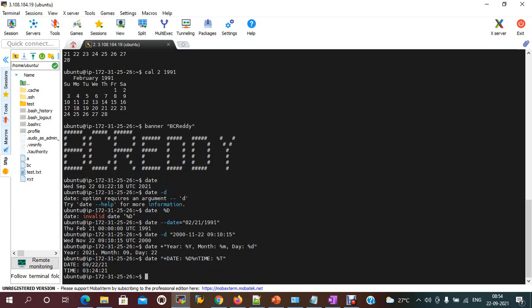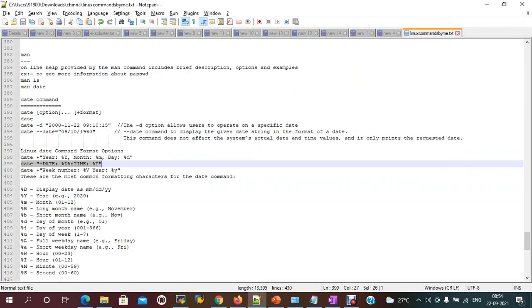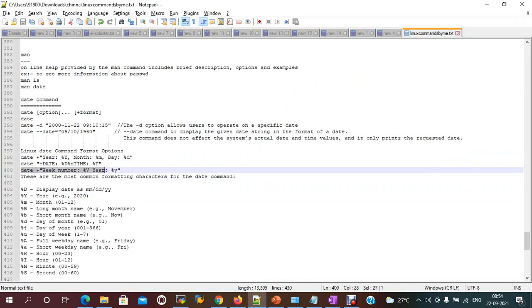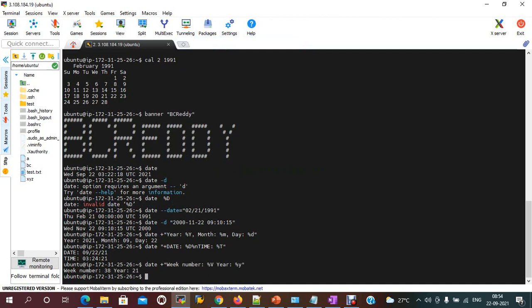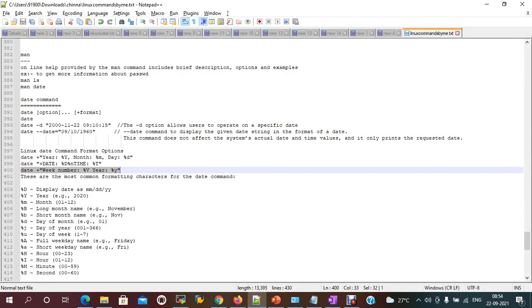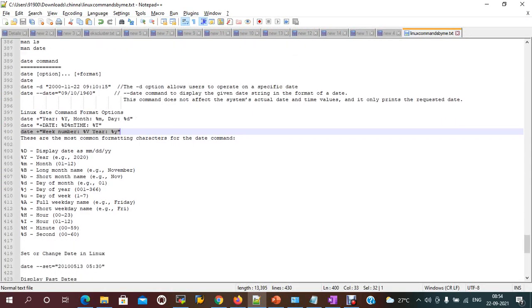See, only date and time will be displayed. And the week number, it should be the 38th week of the year. So these are the options we need to use in date.